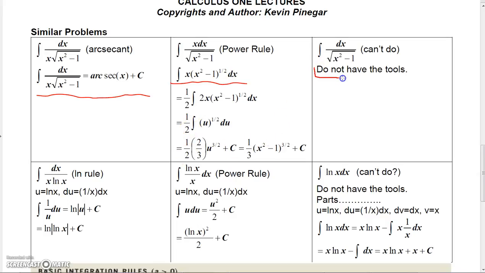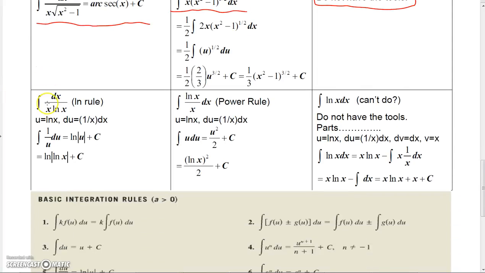This one we don't have the tools for, because this one doesn't fit anything that we've learned. Here's one where we can use the log rule. I think I showed you one similar to this earlier. And then this one we can actually use the power rule